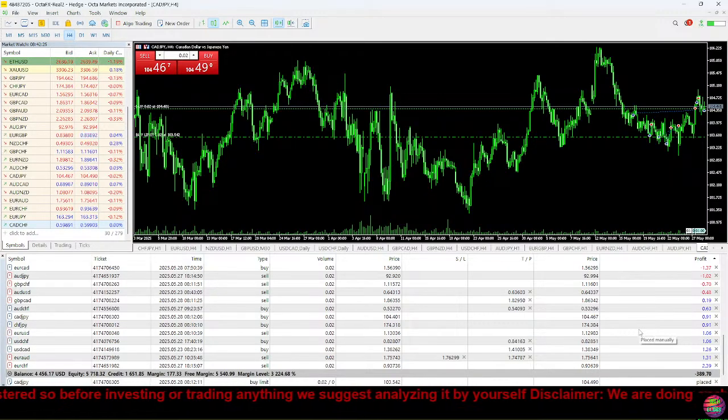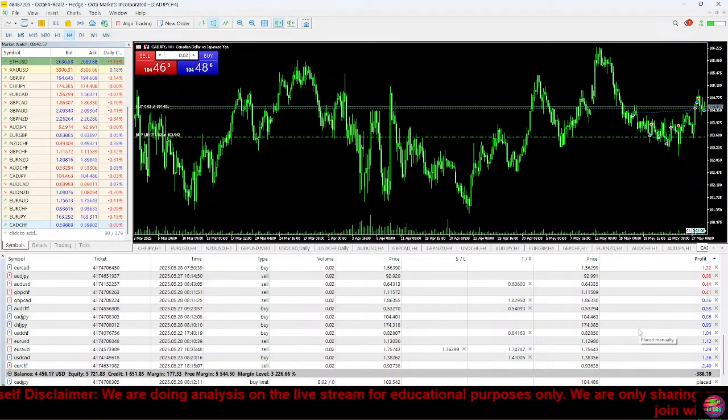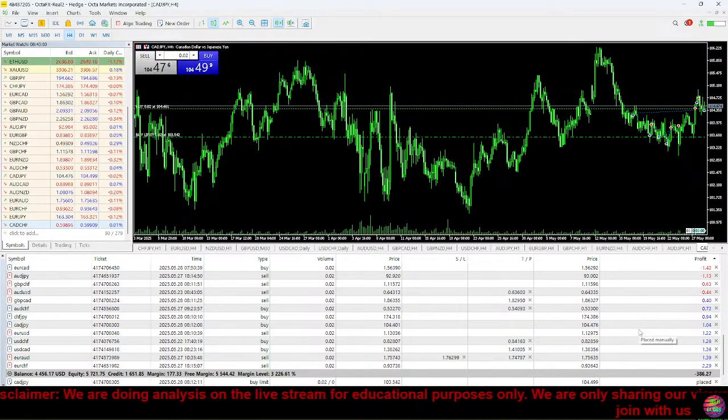So now continuing into a little bit more detail, you guys can see all of these different colored numbers that you see here to the right hand side corner. This is pretty much how the platform differentiates things that I have selected in the chart. So for example, this blue line right here, it's pretty much indicating to you the live price of where this price is. This red box, it's just indicating to you that it's at that point. This black line is at this point. This blue box is at that point. It's simply just the representing of whatever you put on the chart. It just shows it here in a numerical version.